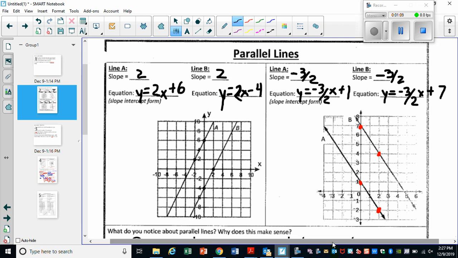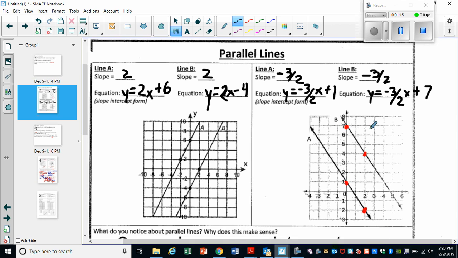So the linear equation, that is from what we've been doing prior to today. Similarly, slope, -3/2. You go down 3, 1, 2, 3, and right 2, 1, 2. Y-intercept is at +1. Line A crosses the y-axis